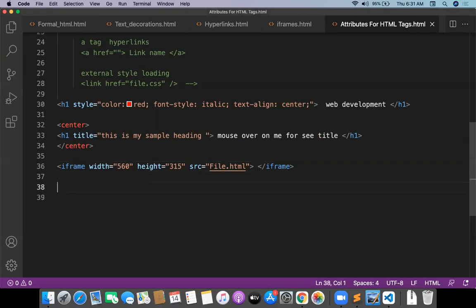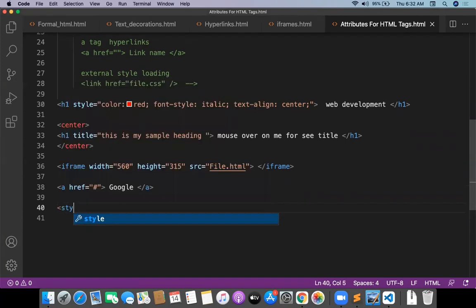And what about the href? Href is something like hey href, right? Href is equal to something like a Google page connection. Whatever you want, you can do that. This is the one more href attribute. And whenever you want to try linking external style, external scripts, later we will discuss all that.